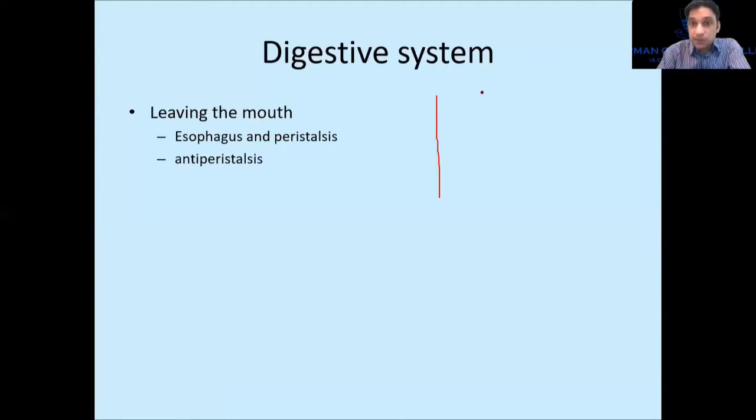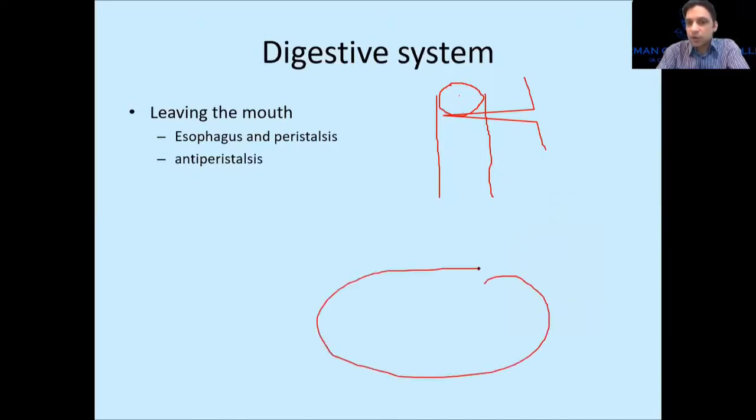So this is the food pipe. When the bolus or the ball of food touches the esophagus, it rushes at a very fast speed. Oh my God. It rushes with a very fast speed into the stomach. Stomach is somewhere here. So that ball of food will rush very fast into the esophagus. How does it happen? The muscles present just below the food pipe, this one and this one, the muscles present below the food pipe,